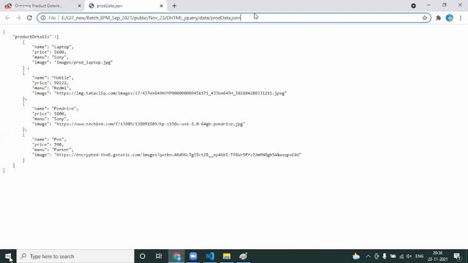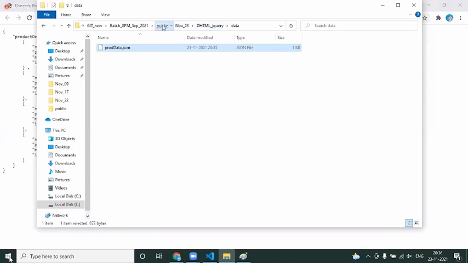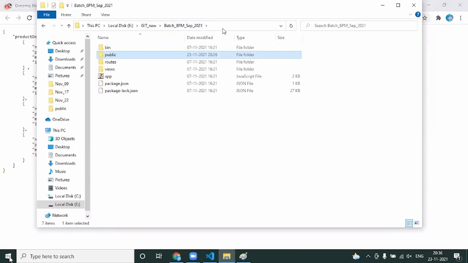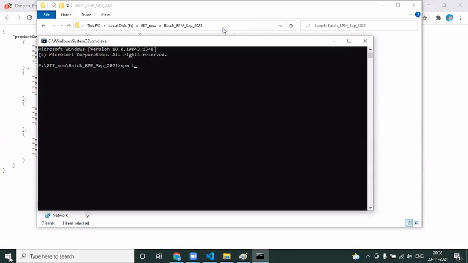So now I cannot call this a web service URL. When I say web service URL, it has to be from the server. Now what I can do, can I start my server? Because we already set the server here. Now I can simply go for this CMD npm start.